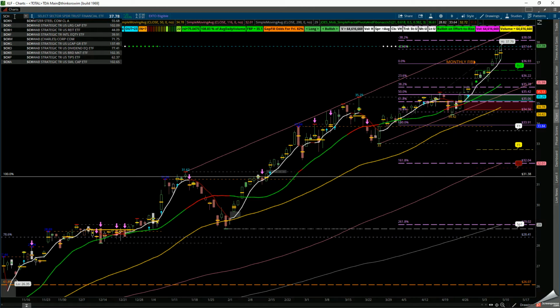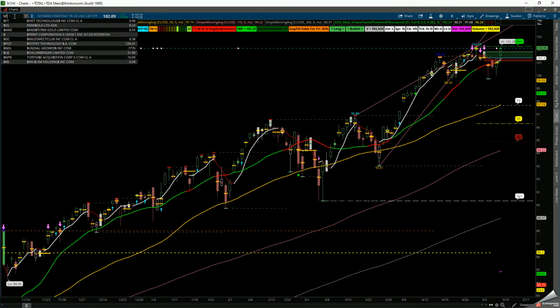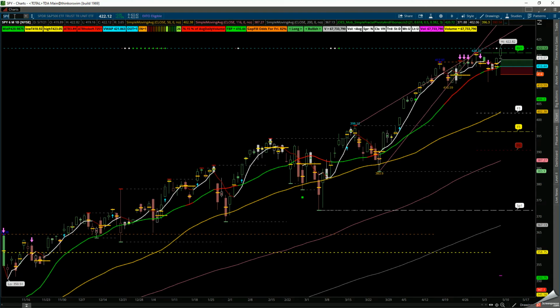SCHX, I believe, that's the same thing as the XLE in the banking sector, and this is the Schwab Large Cap Strategic Trust. So this is the reason why I'm going over a couple of ETFs. So you guys, if you cannot trade futures, you can trade those ETFs. And the SPY is the ETF fund for the S&P 500 or the E-mini contract /ES or $ES, underscore